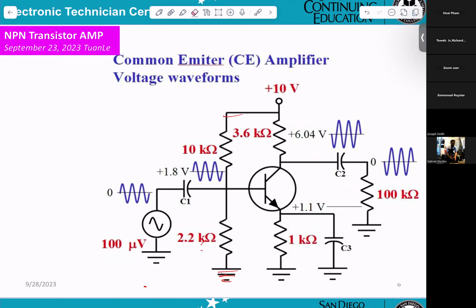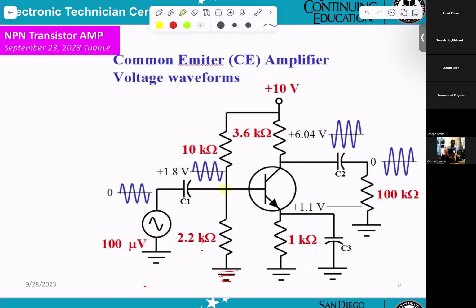Okay, now this will be the CE amplifier. First thing we have to do is the DC, right? We already told you at the beginning, you have to complete the DC calculation first. So first thing you calculate it. At this point,